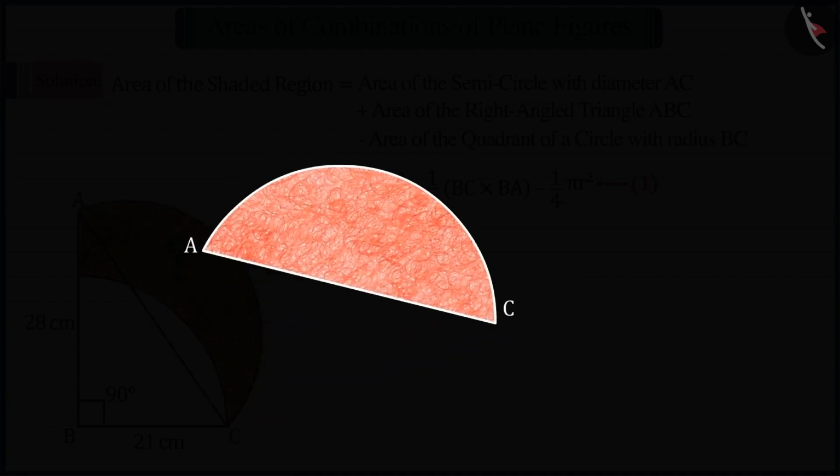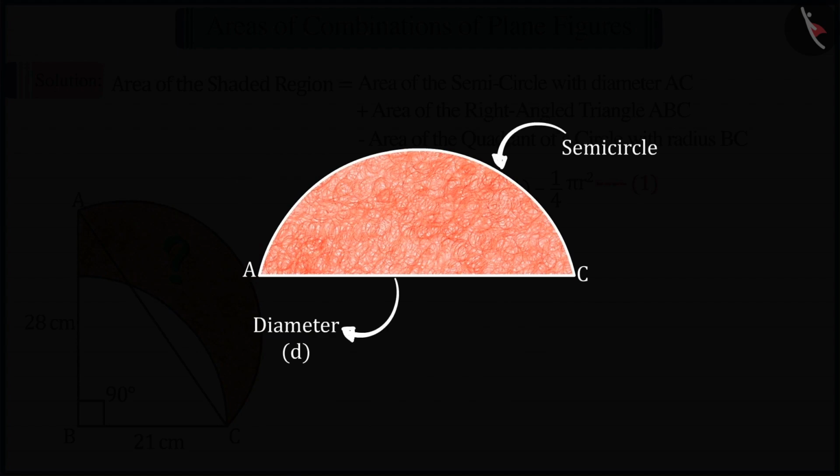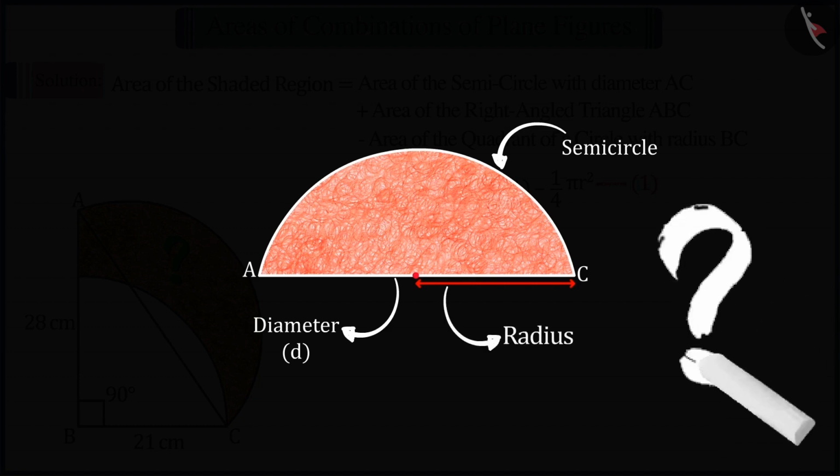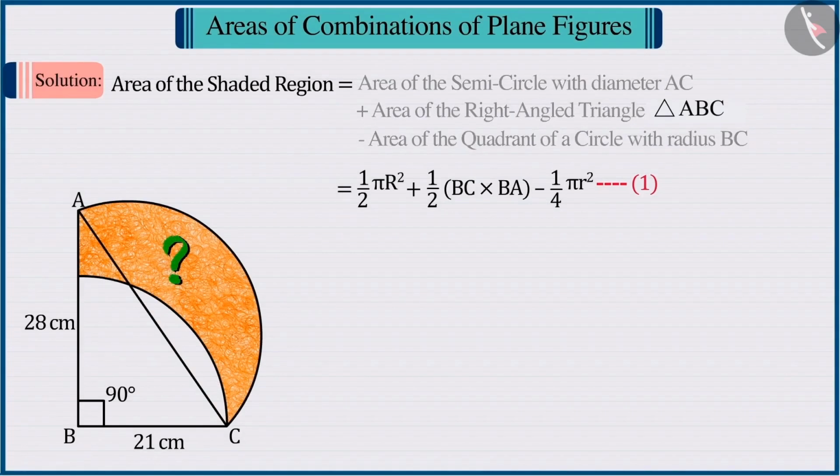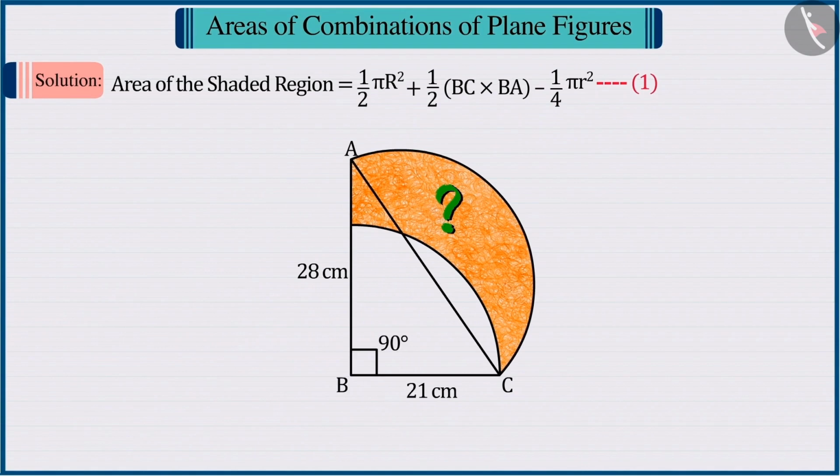So, let's first discuss the semicircle with diameter AC. To find the area of the semicircle, we need to know its radius. But this is not known to us. So let's find the value of the radius. Looking at the figure carefully, we can say that the diameter AC of the semicircle is the hypotenuse of the